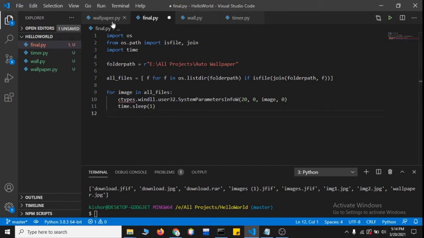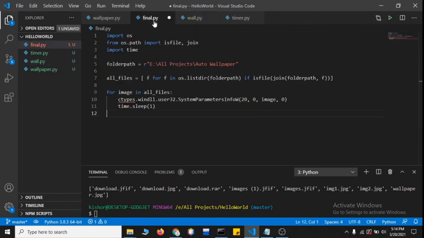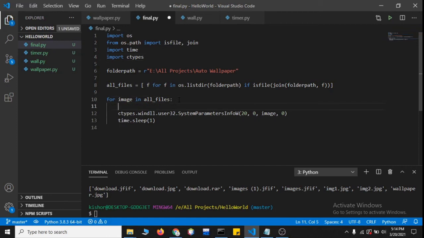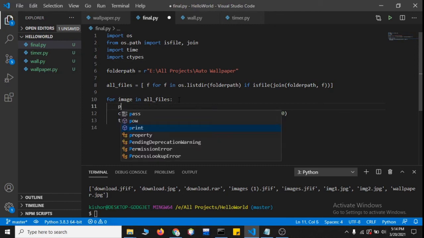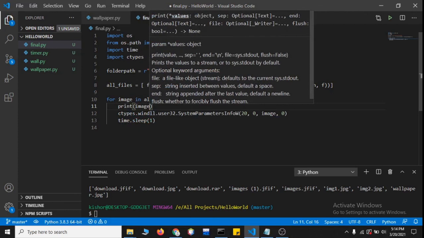And yeah, we forgot ctypes. The ctypes as well we have to import. I'm just copying it just in case we have any typo. Just save it, and yeah, here we go. We can just simply print the file name, so that we also see something in the console. So print image, and this will be the file name, right?